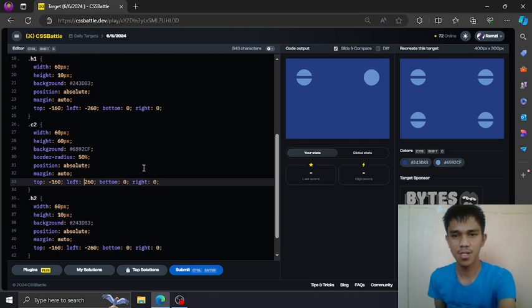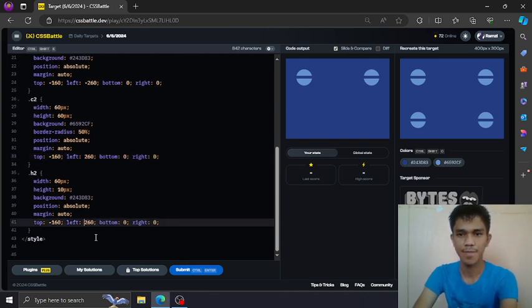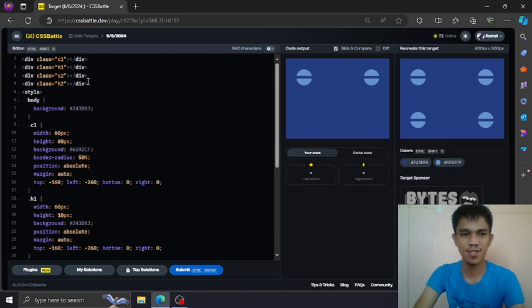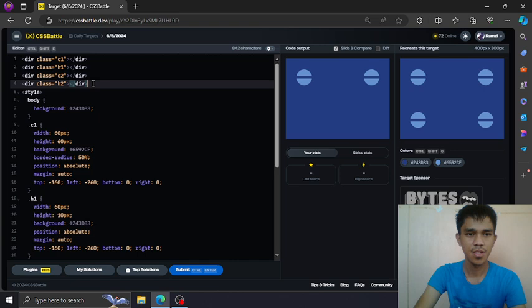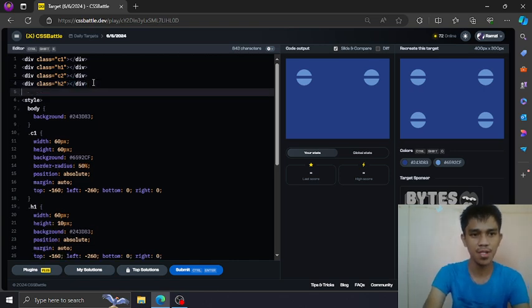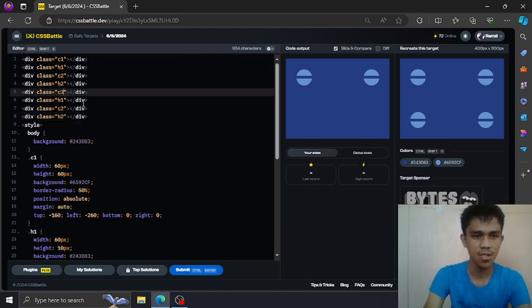So invert this and also this horizontal line. Okay, that's really easy, you know. And copy this first 2 pairs, paste and rename C3, H3 and C4.